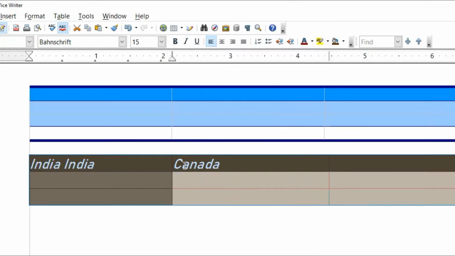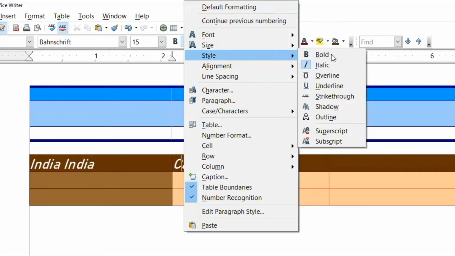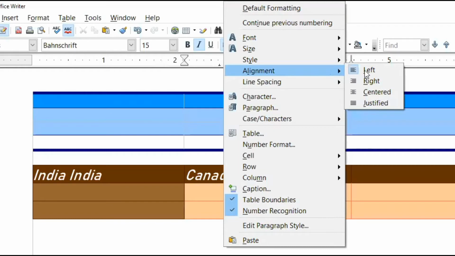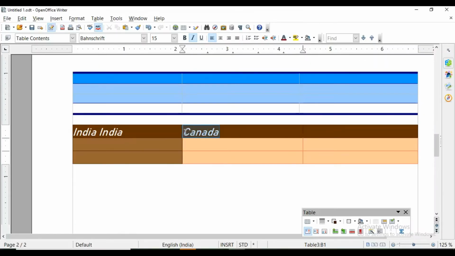Then style: bold, italic, overline, underline, strike through, shadow, outline, superscript, subscript, all these options are here. Then alignment of text by default is left. If you want to make it right or centered, then you have to select that. For example, I want to make it centered.